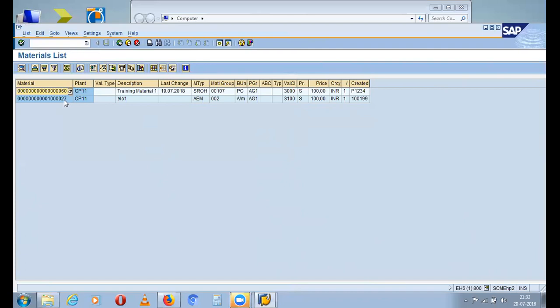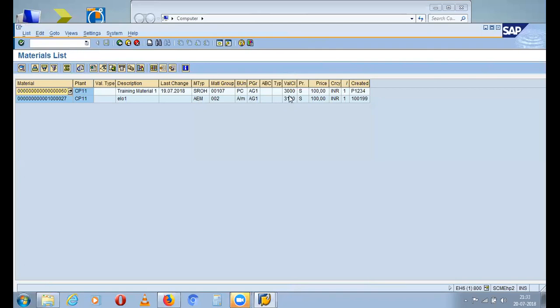See here, if you see this list, you will see when it was created. And what material type have you used? I asked you to use SROH as the material type. I have used a different one, electronics division. Okay, 3100.